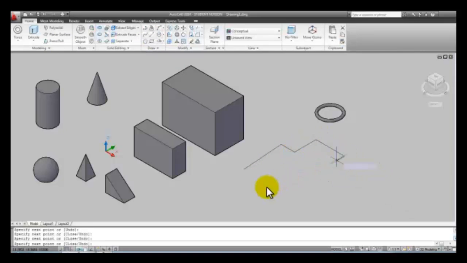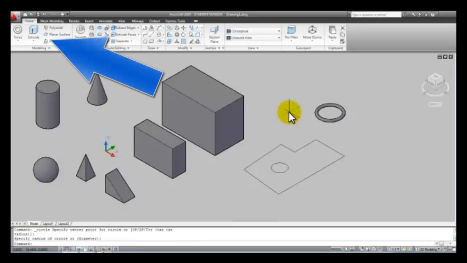And if I even had circles, I'll go ahead and draw one. Here I'll just click here, right click and pick close, and then I'll draw a circle inside this shape. Now this is a 2D drawing that I could have started with. I can use the press pull command, one of my favorites,